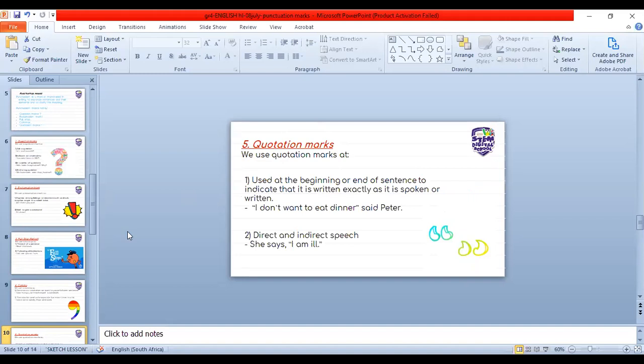Or "I want to go outside," says Sally, will have quotation marks. And then direct and indirect speech is: she says, "I am ill." Or anything like that. Anything that's direct speech or indirect speech. And then we did the